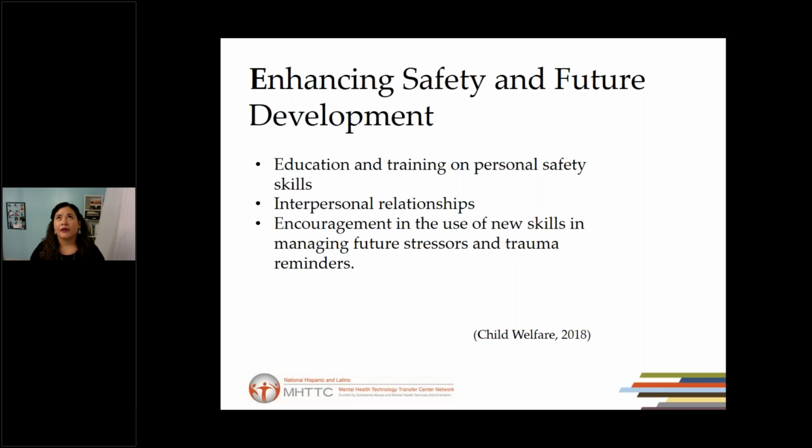So in enhancing safety and future development, we have 3 or 4 sessions here, and we just ask, can you remember what is trauma? Can you let me know what it means? And she was able to say it, like it's something difficult that you experience and you have a lot of emotion, or you don't want to talk about it. And she was able to explain everything to me, and also the skills that you usually practice to calm yourself down.